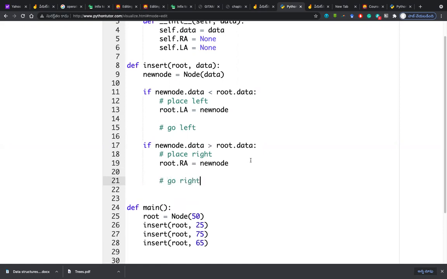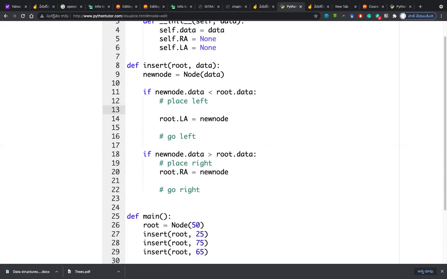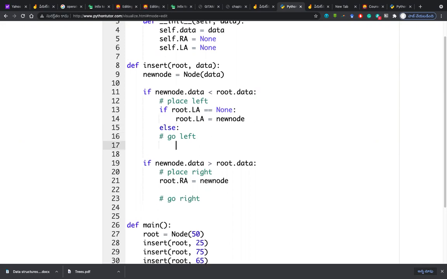Okay. So that means, do you want to write a condition? Yes, sir. Condition like that: root dot LA is equal to None, then only we have to place it. Else, you'll call a function. Yes, else. So go left in the sense, what will you do?